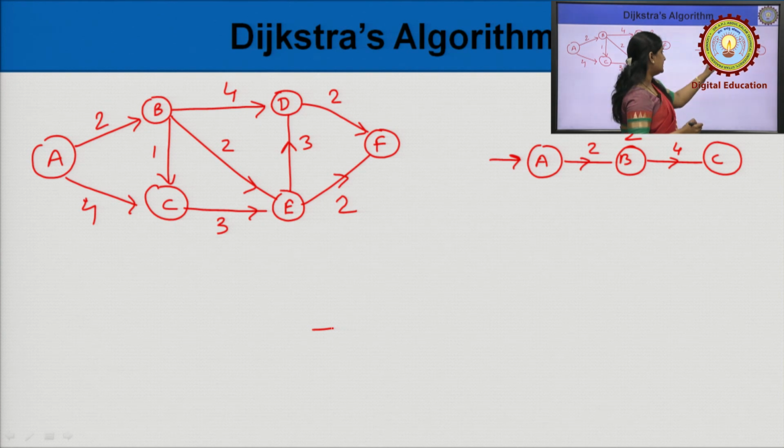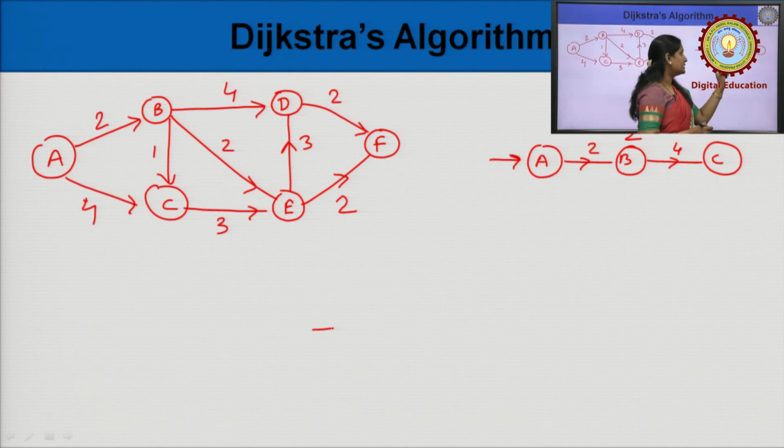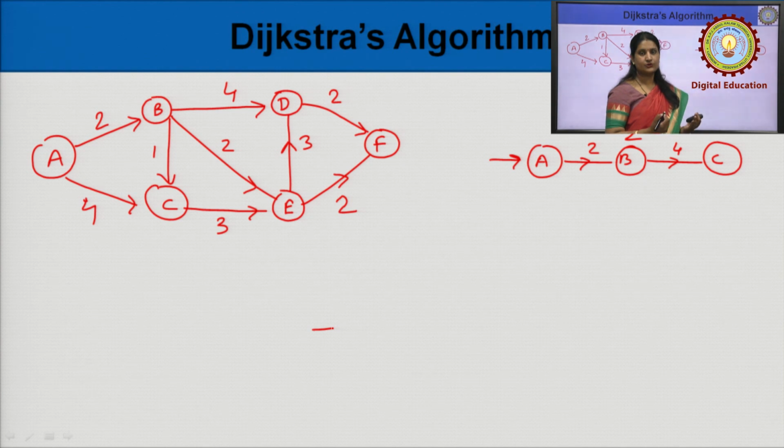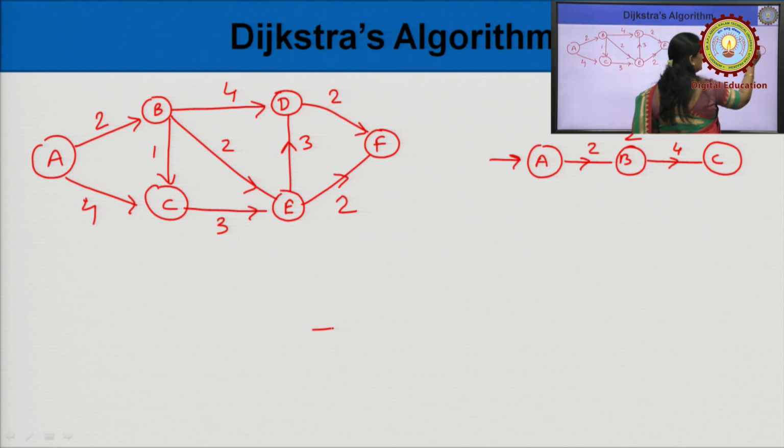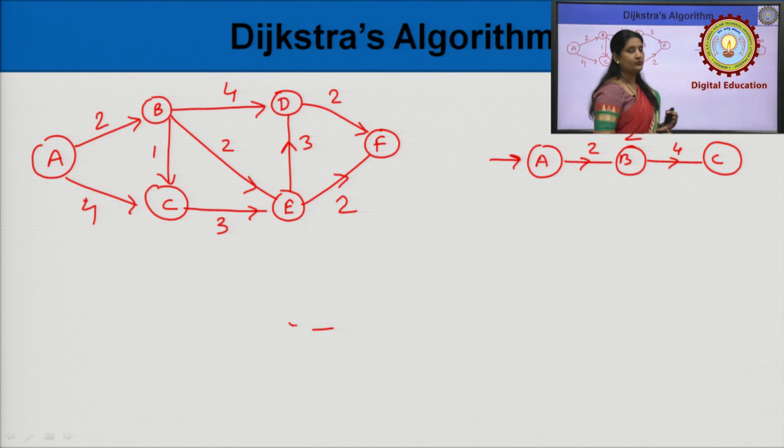There is a direct edge from A to B, so the shortest path from vertex A to vertex B is 2. But there is no direct edge from vertex A to C. So there is no shortest path. Initially the shortest path is infinity, which means there is no path from vertex A to vertex C. But through vertex B,